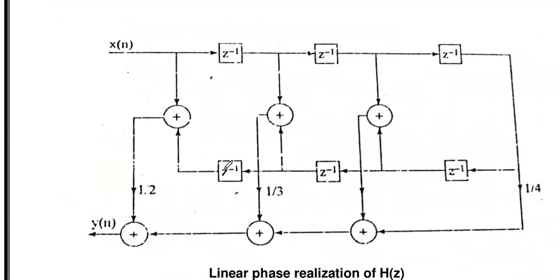Okay, so you see this is the diagram for our given function. This is the x of z. So you see in the top 3 z inverse blocks, in the bottom 3 z inverse. Okay, signal flow you just draw. So x of z is coming here, then here. Okay, so here and here. So these are the 6 delay elements. Then adders, here 3 adders, here 3 adders. Okay, we can get the output here. Okay, this is the linear phase realization.